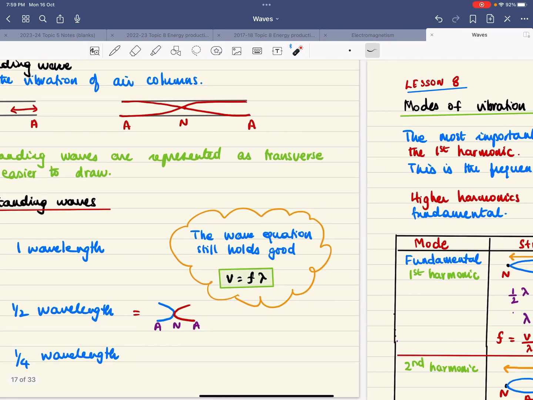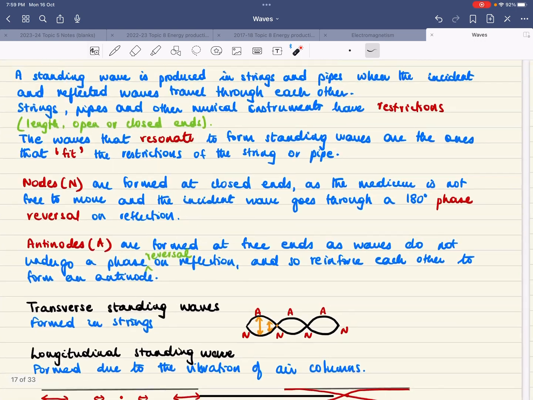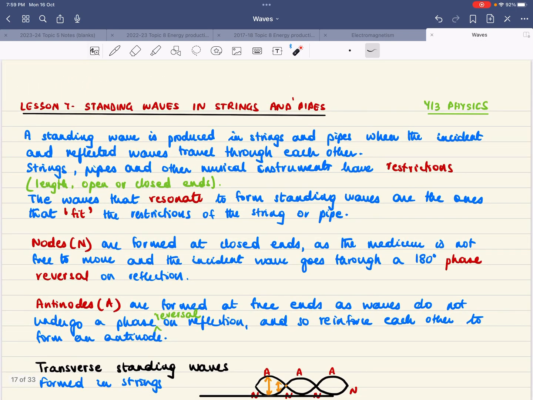So this was just the introduction to standing waves in strings and pipes. The next lesson I will elaborate more, otherwise it's going to become